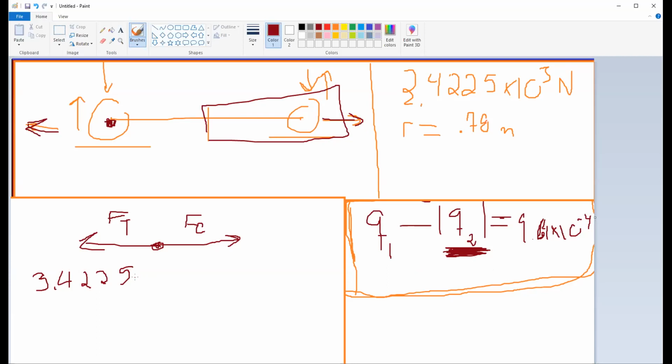So we've got this times 10 to the 3 is equal to k q1 q2 over r squared. And this is really nice because we can solve this sort of the same way as last time, where if we move this down, let's say we're solving for Q1, we get Q1, which is the positive charge, I'll put that up here,